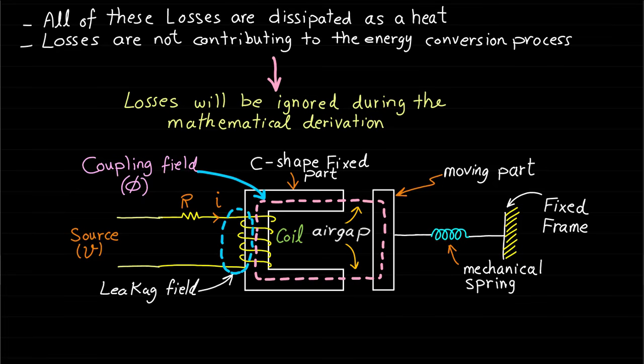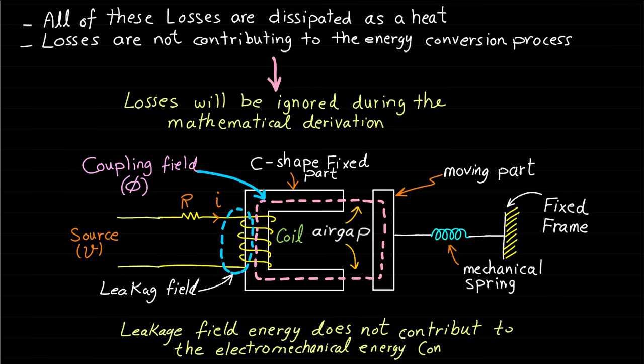Basically, leakage magnetic field can be considered a type of stored energy, and this energy does not dissipate as heat, so it is not a loss. However, this leakage field energy does not contribute to the electromechanical energy conversion because the leakage field does not cross the air gap to the moving part. Leakage field usually causes a voltage drop to the applied voltage and can be modeled as a leakage inductance in series